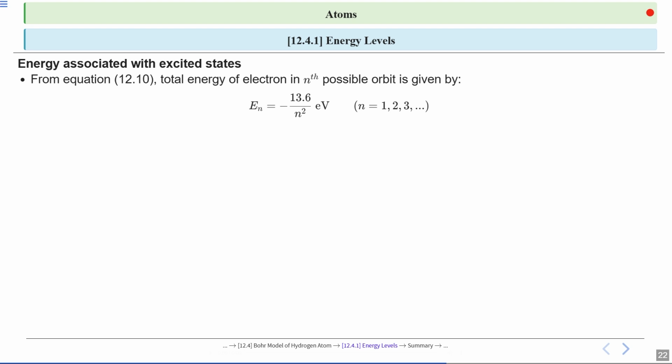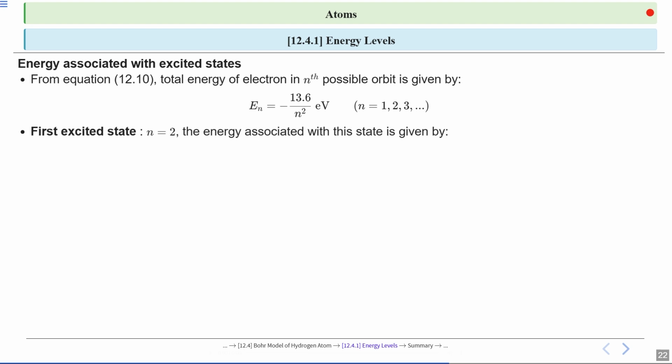The formula for the energy of the electron in the nth orbit is En equal to minus 13.6 divided by n squared, with the answer in electron volts or eV. Remember, 1 electron volt is the energy gained by an electron when it moves through a potential difference of 1 volt. The negative sign shows that the electron is bound to the nucleus. The energy is always less than 0.